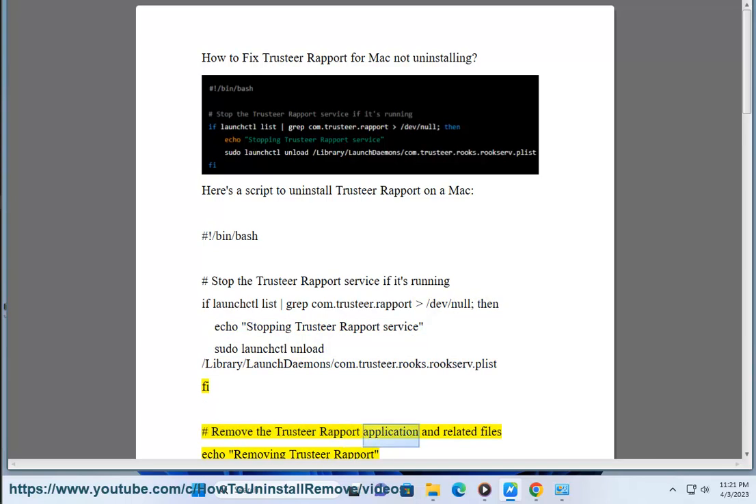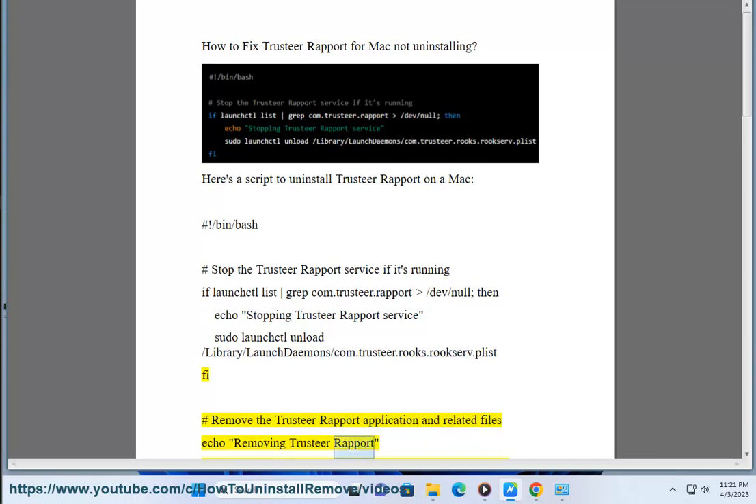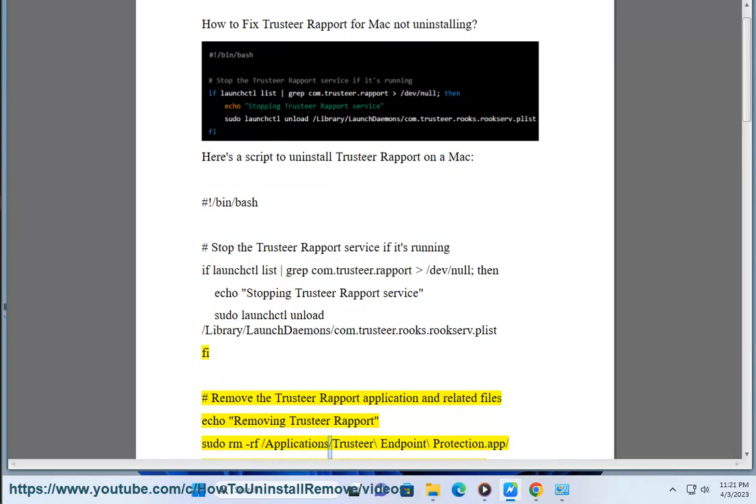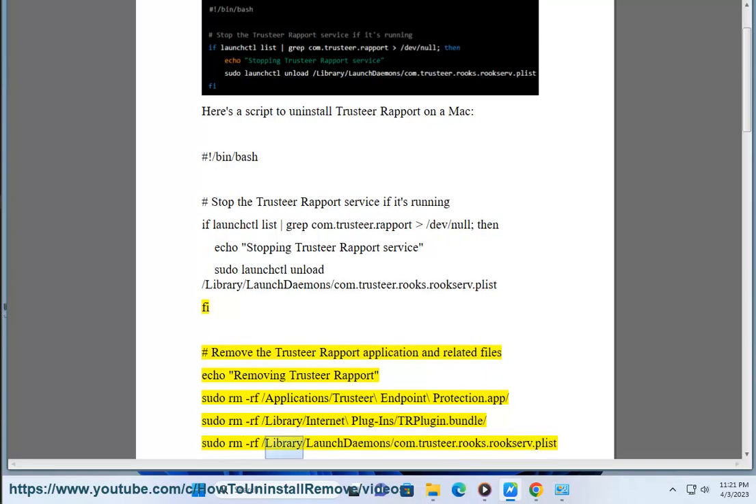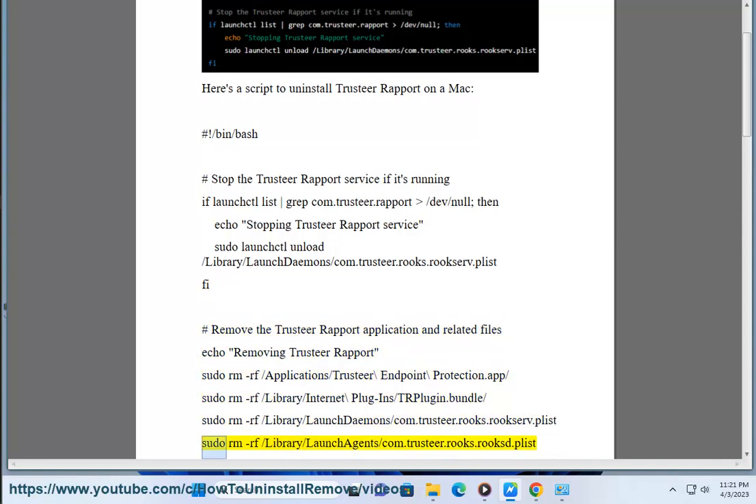# Remove the Trusteer Rapport application and related files. echo "Removing Trusteer Rapport" sudo rm -rf /Applications/Trusteer/Endpoint/Protection.app sudo rm -rf /Library/Internet/Plugin/TRPlugin.bundle sudo rm -rf /Library/LaunchDaemons/com.trusteer.rooks.rookserv.plist sudo rm -rf /Library/LaunchAgents/com.trusteer.rooks.rooksd.plist